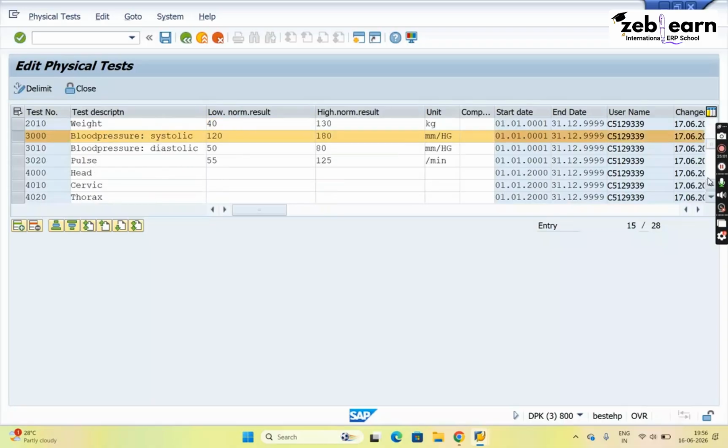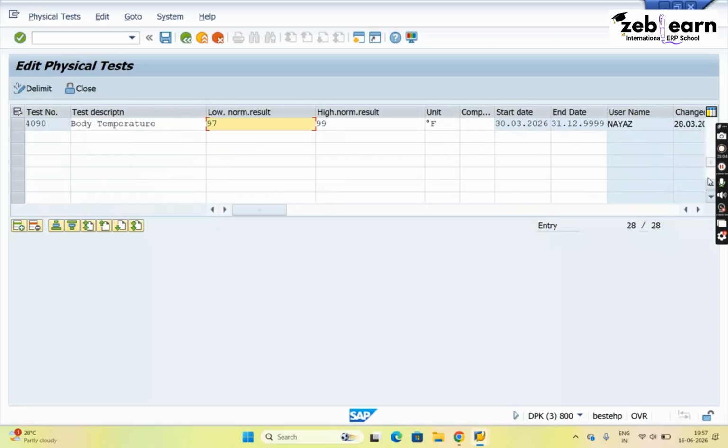Right? Clear so far? Here also, if you want to delete any of this, you can select and delete the physical test, or if you want to create a new one, you can also do that. So, for example, if any employee goes for an initial examination, and we are importing the data from the laboratory directly,